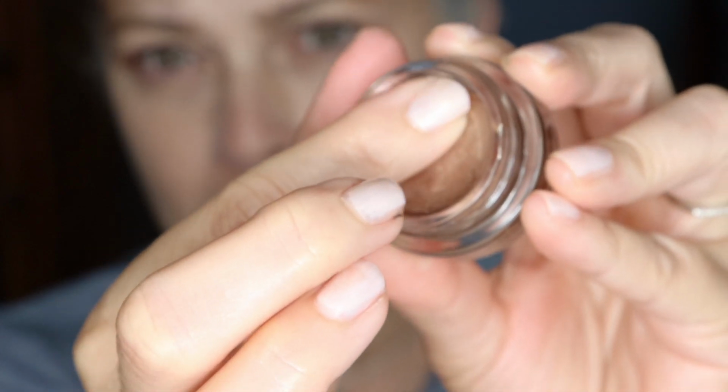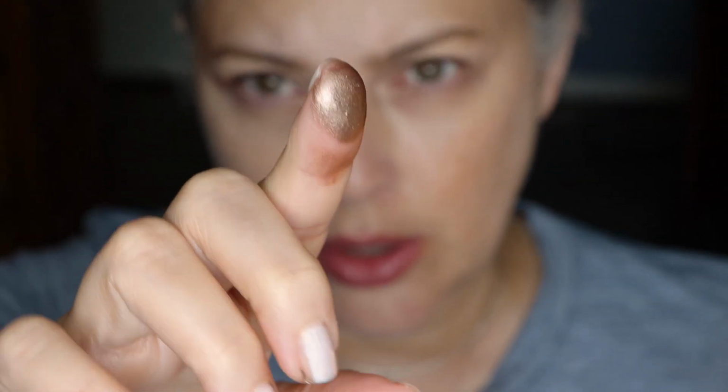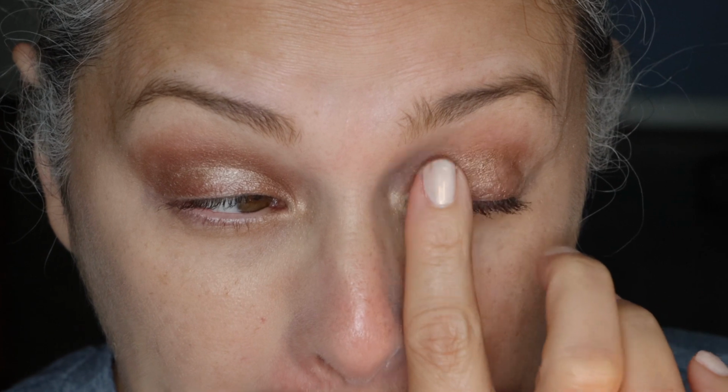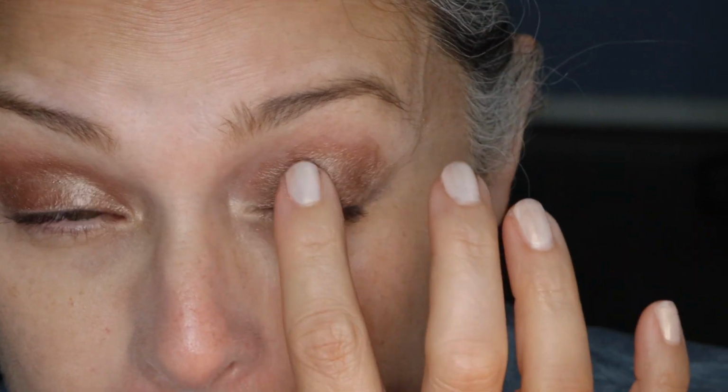It's very dry, so I have to kind of push my finger in there, kind of like digging for color. If you rotate your finger and warm up the product, it will melt into your skin eventually, and you'll be able to apply it to your eye. You can see that the consistency shows it's not souffle-like, it's much drier. I'll still try to apply it by tapping, but it's much more difficult to do so. I actually have to press into my eyelid. I'll use a second finger to thin it out at the top. But again,